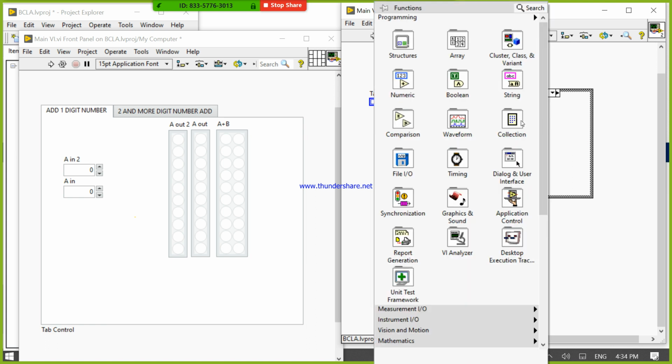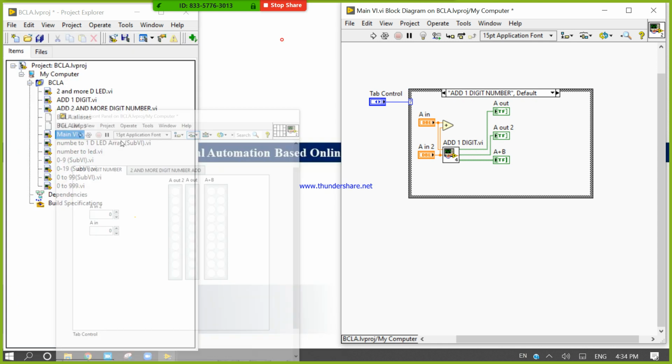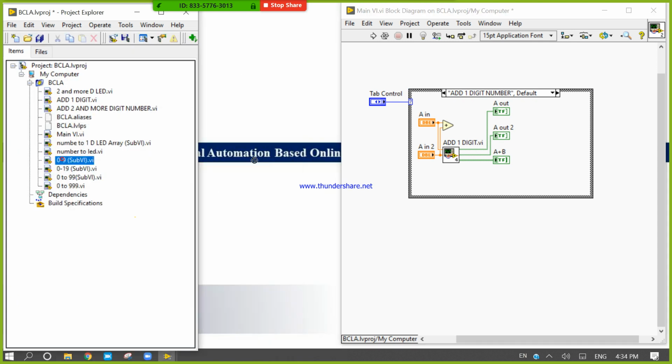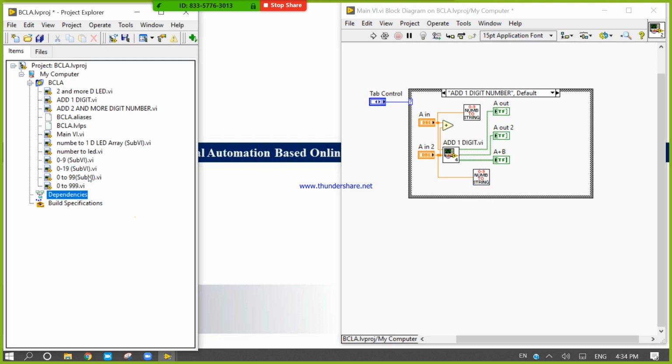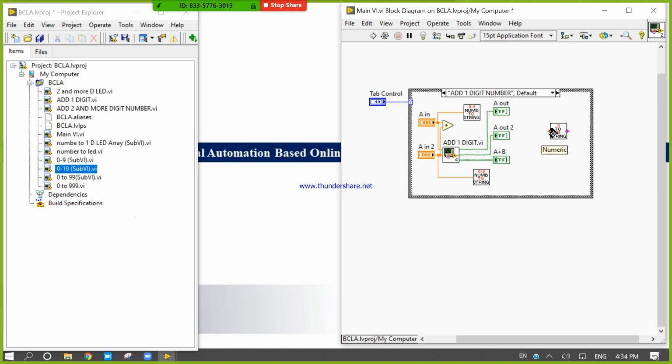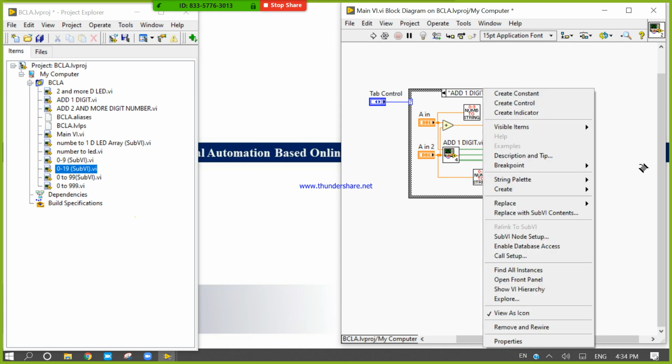Now right click. Sorry, 0 to 9 sub VI. Again I will take the same sub VI 0 to 9. The maximum number will be 0 to 19. So for that, right click, indicator.